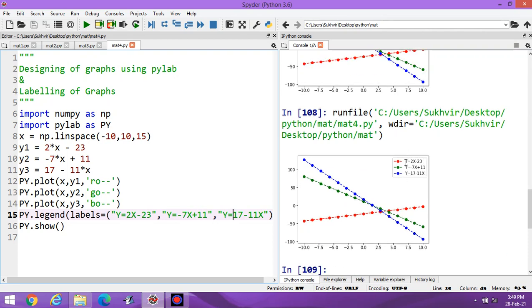You can represent the content y is equal to 2x minus 23, y is equal to minus 7x plus 11, then y is equal to 17 minus 11x. After that,